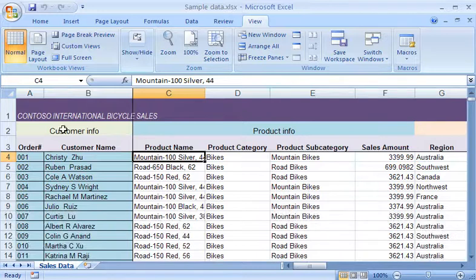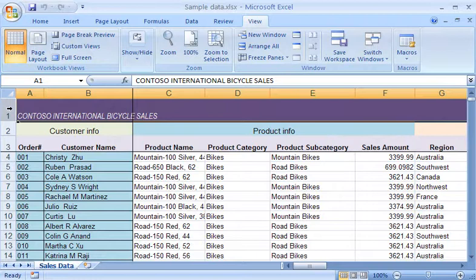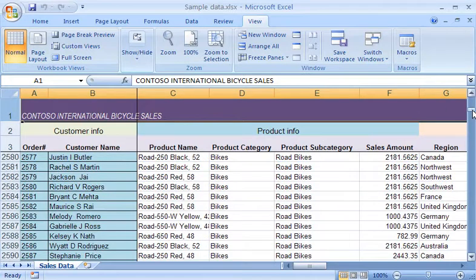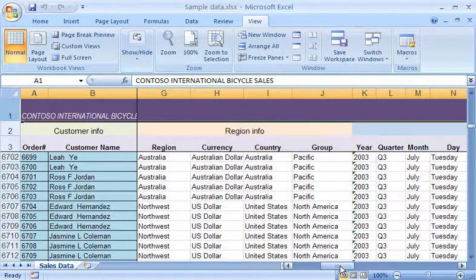Finally, if you're looking for information about changing or printing column or row headings, Freeze Panes is not related to those tasks. Instead, see the links in the article associated with this demo. Freeze Panes is very useful. I use it often because it helps to know exactly what data I'm looking at in a large and complex worksheet.